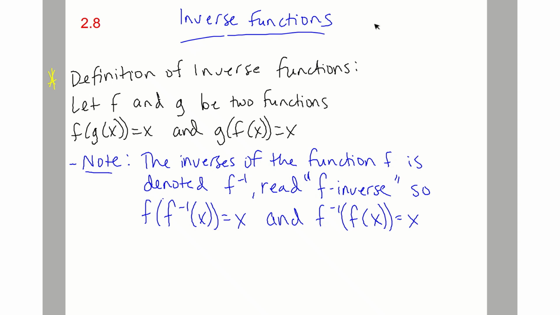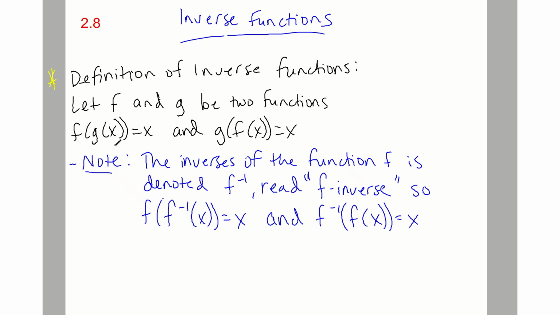All right, everyone. Today we're going to cover 2.8 inverse functions, and I want to start by going over the definition of inverse functions. So, inverse functions. Let f and g just be two functions. You might remember from the last lesson, composition of functions, f of g of x, and if we go backwards,